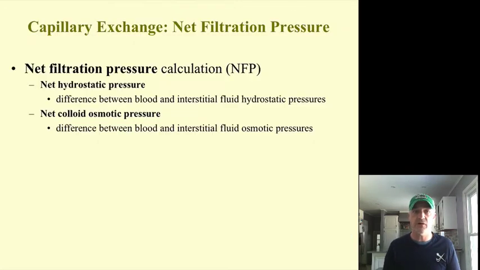So I think, if I remember right, the next few slides here are doing what I did on that whole slide, in words: just showing you what the net hydrostatic pressure is, and what the net colloid osmotic pressure is. So the net hydrostatic pressure is the difference between that blood pushing out versus the interstitial fluid trying to push fluids back in. This one was about 35 at the arterial end. This was 0. The net colloid osmotic pressure, that is the difference between those dissolved albumins in the blood that